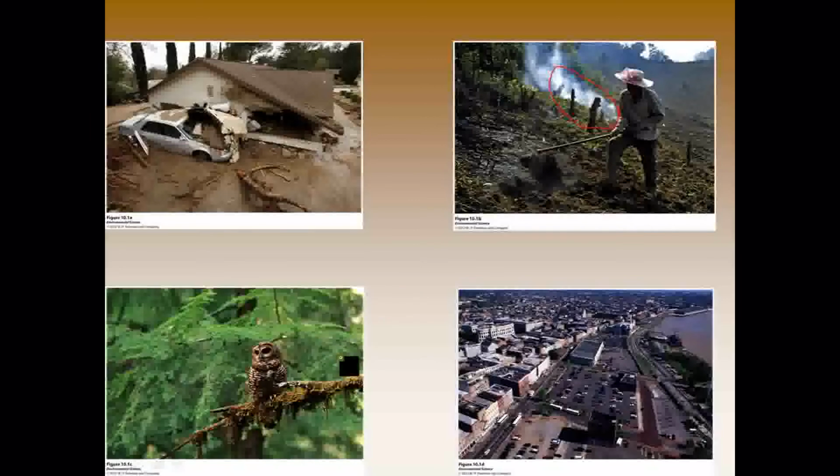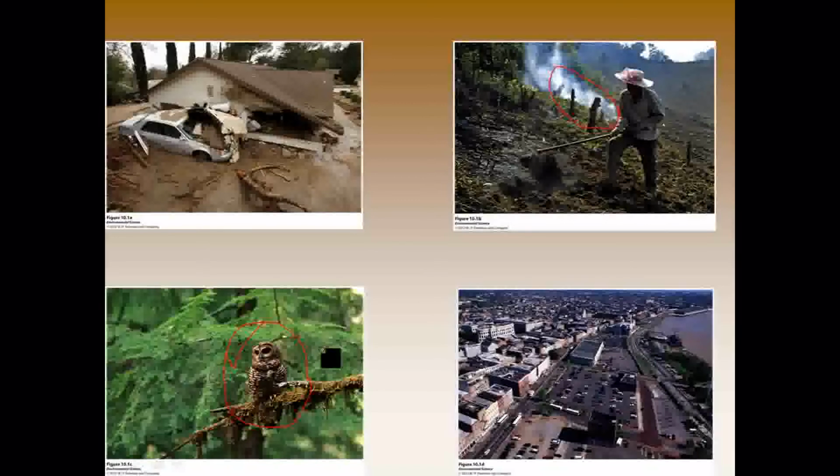Here is one of the first famous endangered species cases ever. I think I've mentioned it to you before. The spotted owl in Washington State. This creature will nest in only one certain area of the country, in the northwest United States. And if those trees are gone, they become endangered. And that's exactly what happened about 40 years ago. The spotted owl was the first case to go to the Supreme Court under the Endangered Species Act.